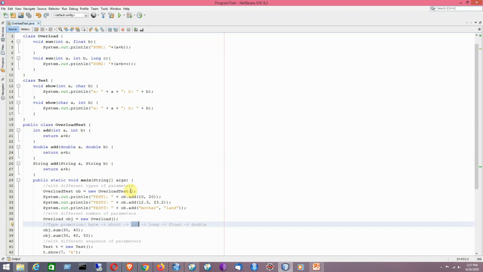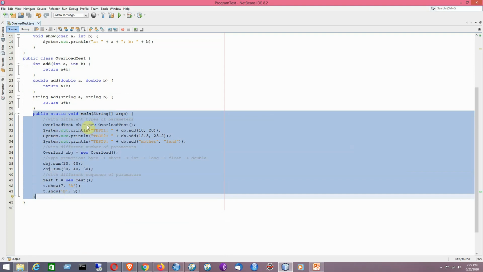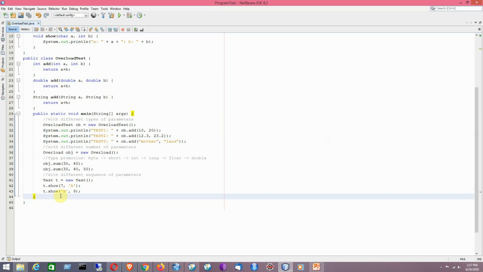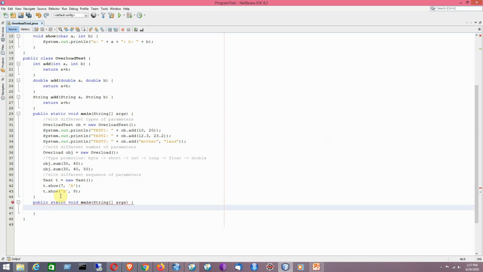Yes, static methods can be overloaded. Say for example, we have the normal version of the main method here, like public static void main(String[] args), but we can also have the main method overloaded. Being a static method, here I am not using a String type argument. Say I am writing an integer type argument, so I will have a simple SOP statement here to show that this particular version of the main method gets called.